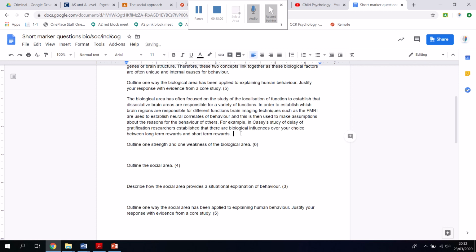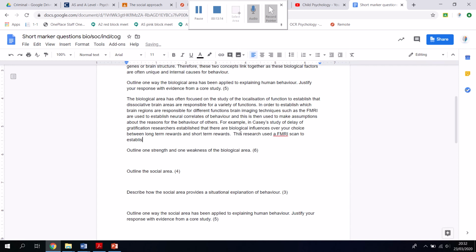So I can say that this research used an fMRI scan to establish that those who made more impulse control false alarms